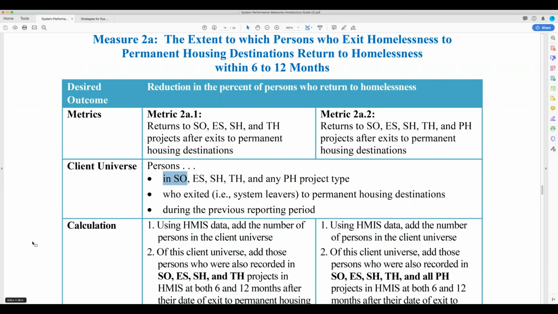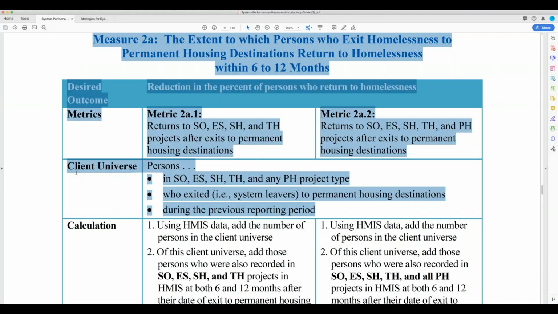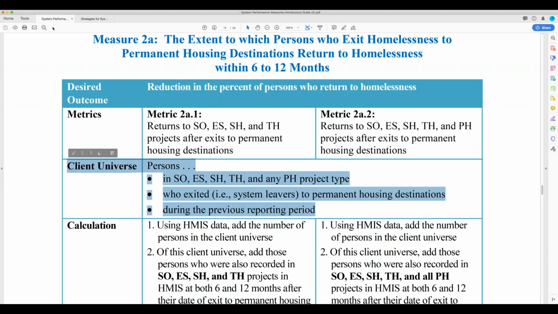I have a question here that says, why should non-CoC funded organizations enter into HMIS to be included in the CoC data sets? What incentives are there? That's a really good question. In terms of the example I just mentioned, the street outreach program and the PATH team, they are required by another funding source, the SAMHSA PATH funding they receive, to enter into HMIS. It's a requirement there. But for anyone else, in terms of why we are asking non-CoC funded providers to participate in the HMIS, there are a couple of different incentives.